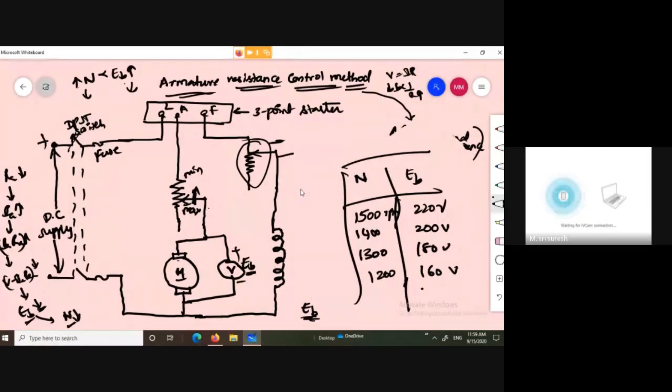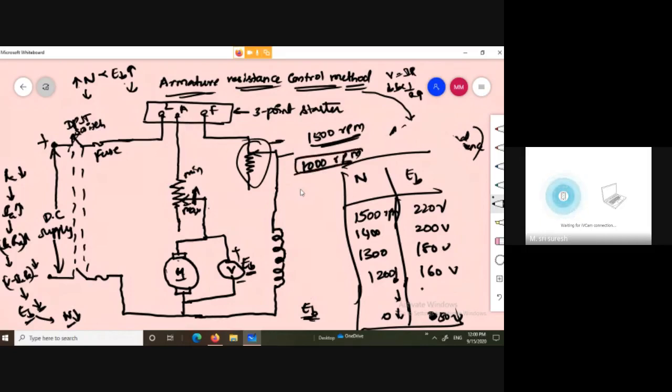Up to where you are getting 1000 RPM, you should not stop the DC motor. If you go on like this, the voltage is getting decreased. At the 50 volts position, you'll get the speed value as almost 0. Why? Because the speed decreased to nearly a low value. So we should not stop the DC motor. We can see here that below rated speeds are possible. Suppose the motor rated speed is 1500 RPM, and we want to run the DC motor at 1000 RPM.